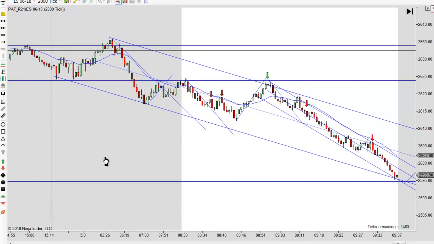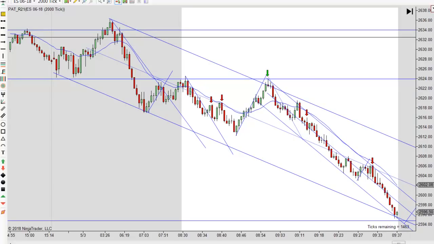Let's talk about these trades, and we'll kind of wrap the day up and wrap up the week. But when I came in the 7 o'clock hour, we were kind of bouncing here. There's a little failed second entry short here, but you got this possible trend line that's looking really good here. And so I don't think you want to go long there, because that's the first break. You'd be better off to wait and look for a short to ride it back down to a new low, and possibly looking for that measured leg down as well.